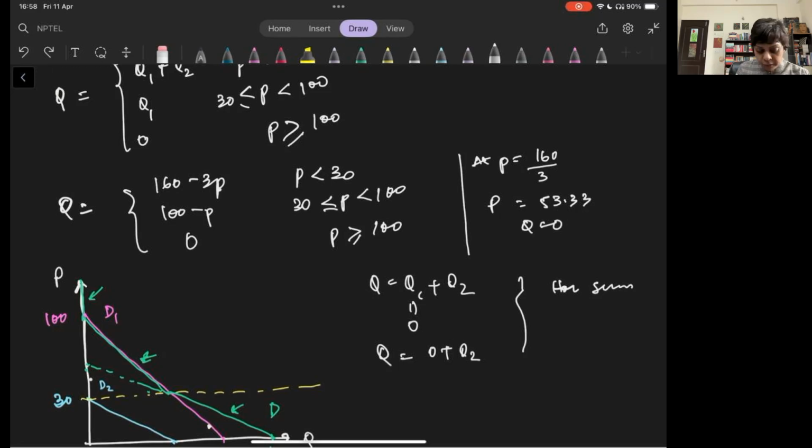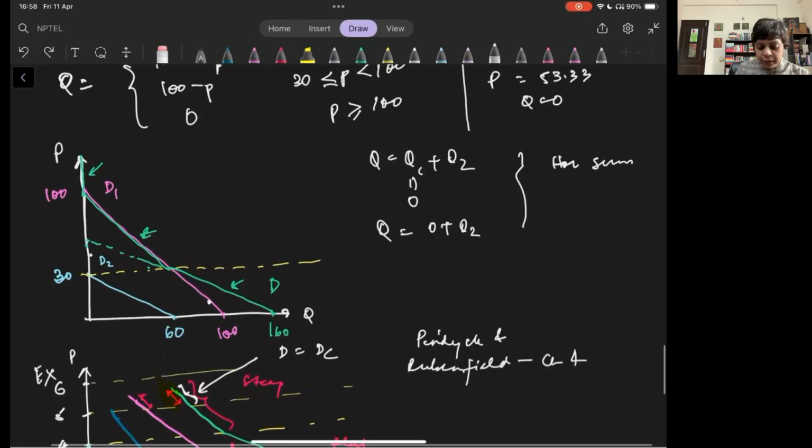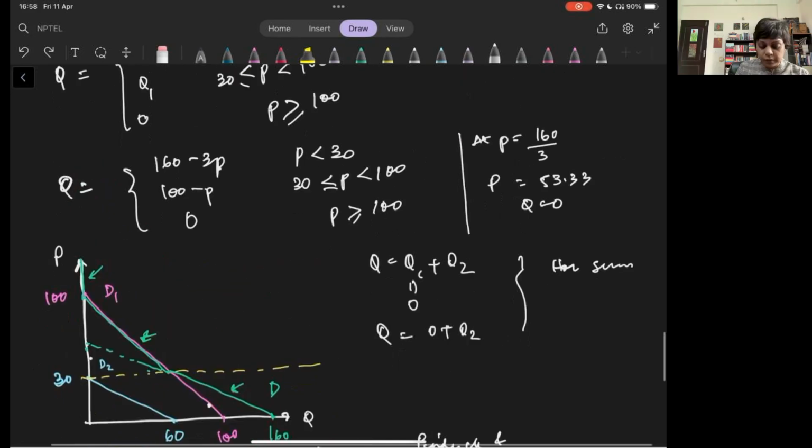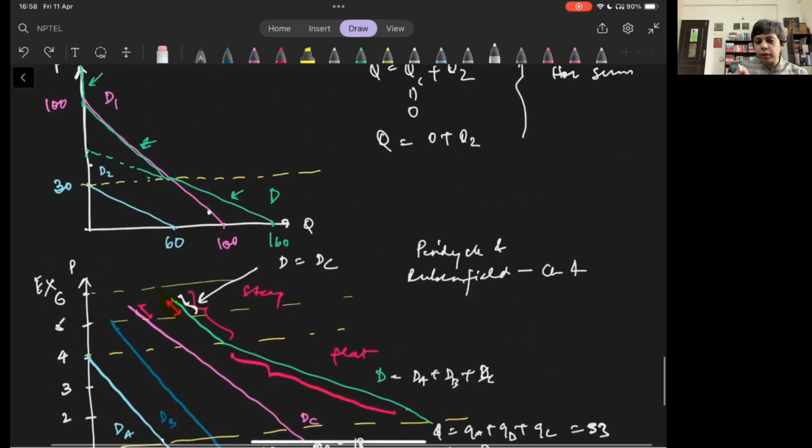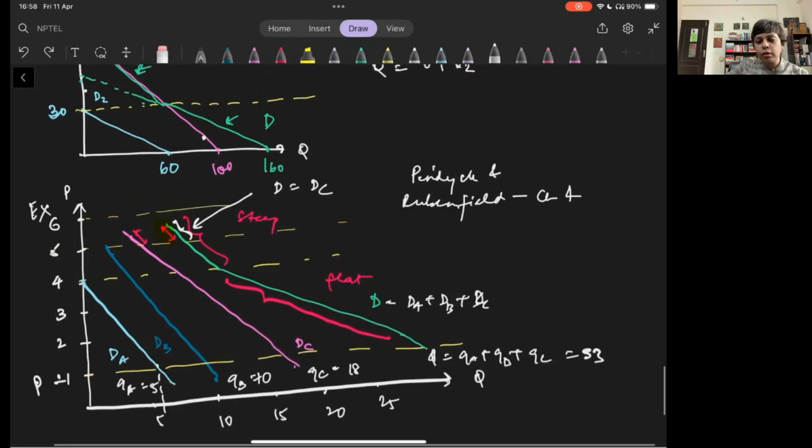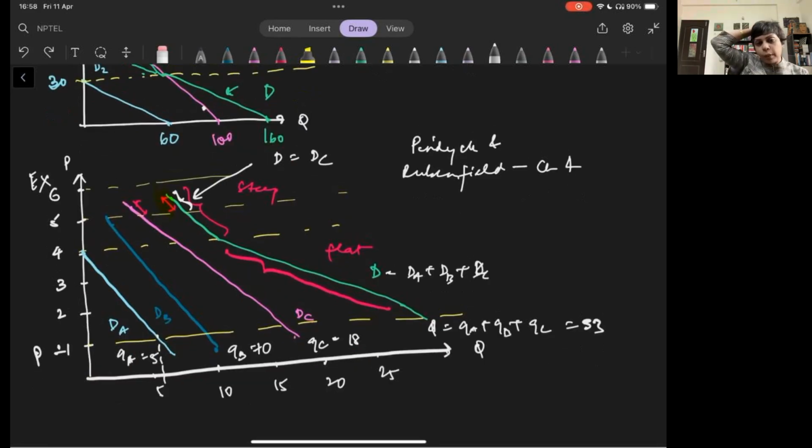No, no, I'm drawing actually. Yes, and then calculate the slope of each curve. For this diagram also, you look at the values given for each dA, dB, dC. It's a lot of writing. That's why I'm not writing here. Look at this book, Pindyck and Rubinfeld, chapter 4, and see how the values are changing and calculate the slope of each of these curves. Then compare with the final demand curve.